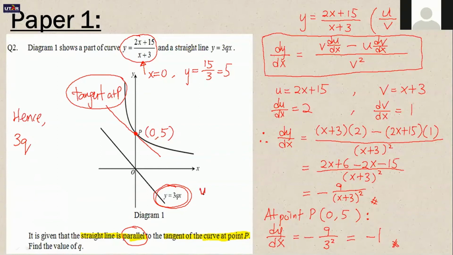If you compare with y equals mx plus c, you can see the gradient will be 3Q and the c, of course, is 0. Since they are parallel, the two gradients will be the same. So 3Q will equal to negative 1, and then Q will equal to negative 1 over 3. So this is the answer